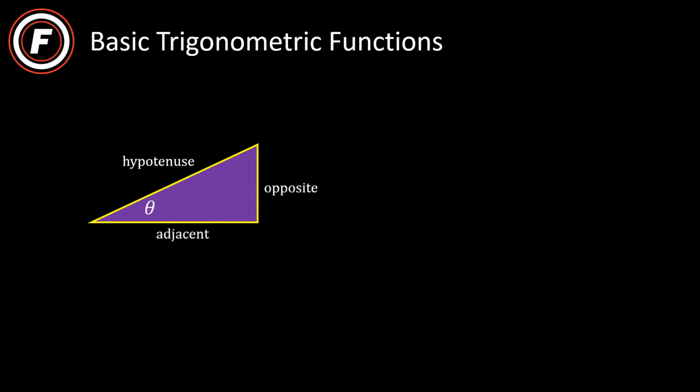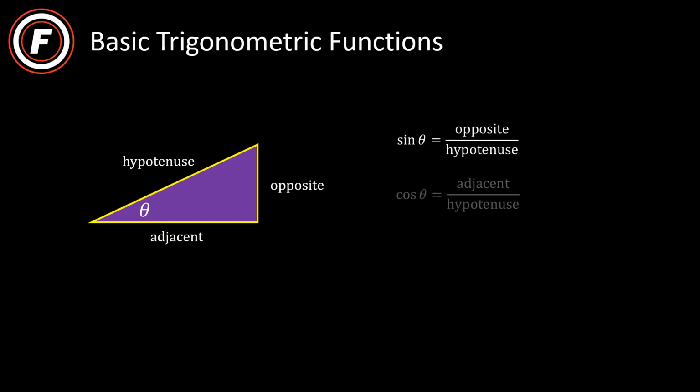We now define our basic trigonometric functions. Sine is the ratio of the opposite leg to the hypotenuse. Cosine is the ratio of the adjacent leg to the hypotenuse, and tangent is the ratio of the opposite leg